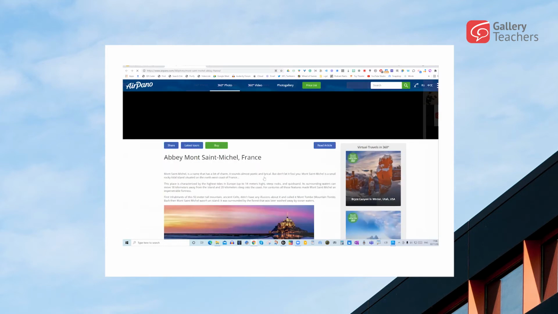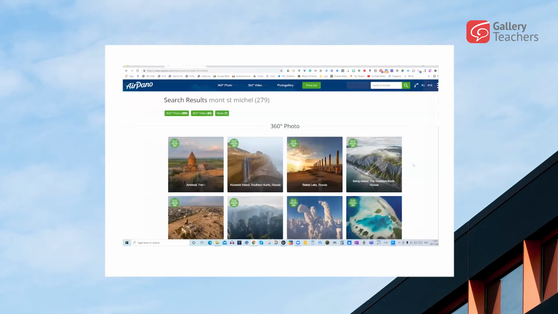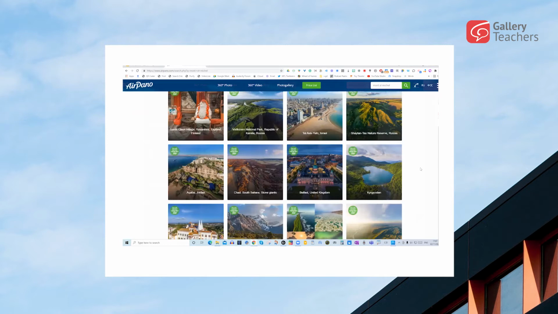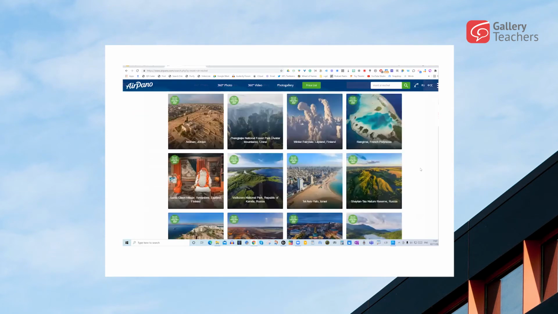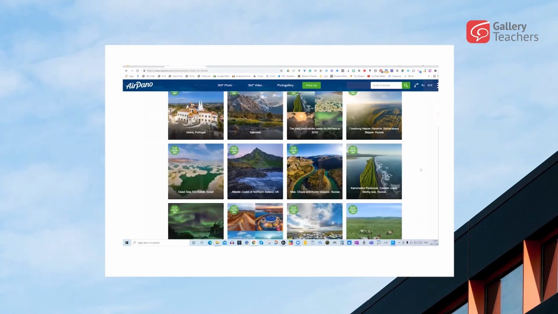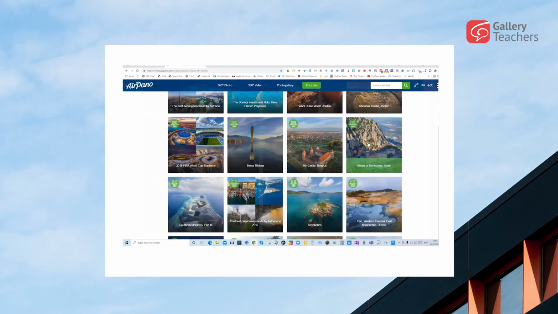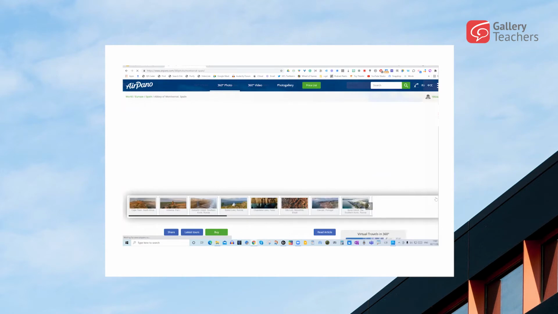But what we should be seeing in a second is a 360 view. Let me just search here. If I put in Mont Saint-Michel, there we are, and do a quick search. Here we are. So I've just put that in. Okay, for some reason the Mont Saint-Michel one's not coming up, but that doesn't matter. So you can see here I've put in a search, and I'm getting lots of different places which are now coming up. So for example, if I click on here, the Abbey of Montserrat, Spain, like this, and I get rid of that there,